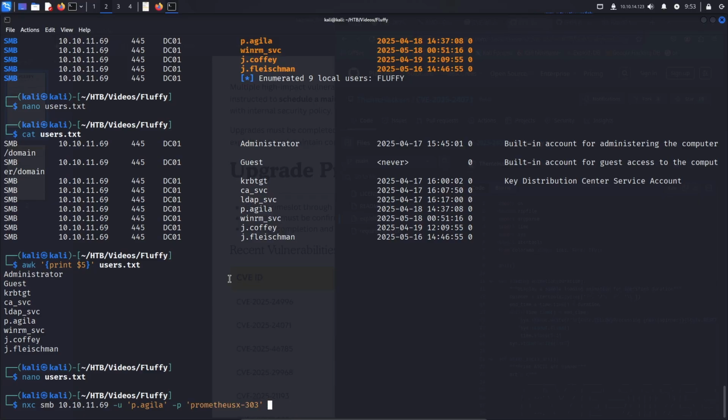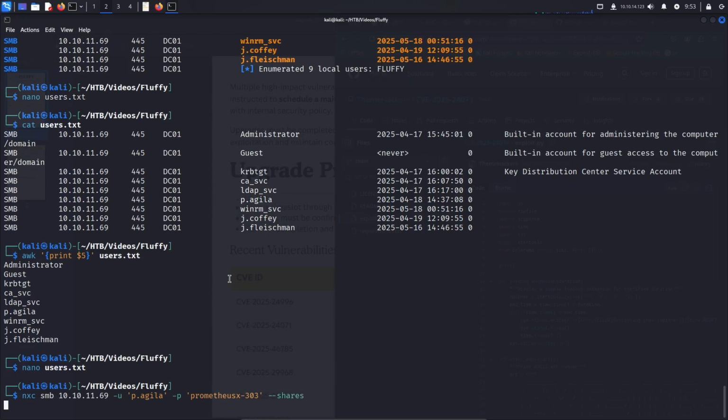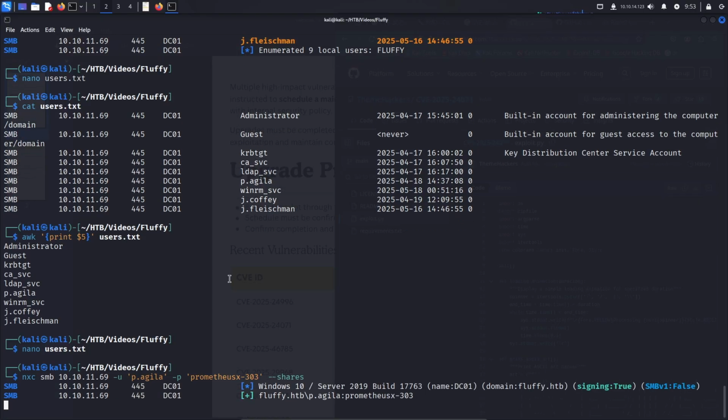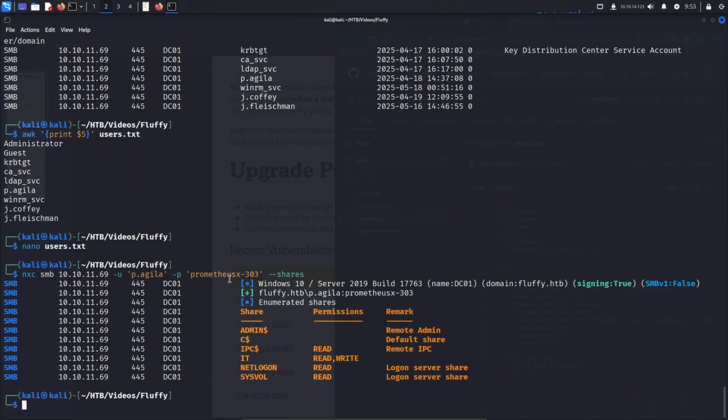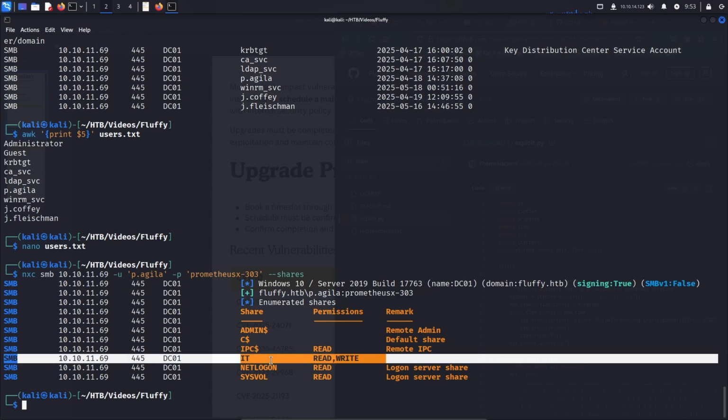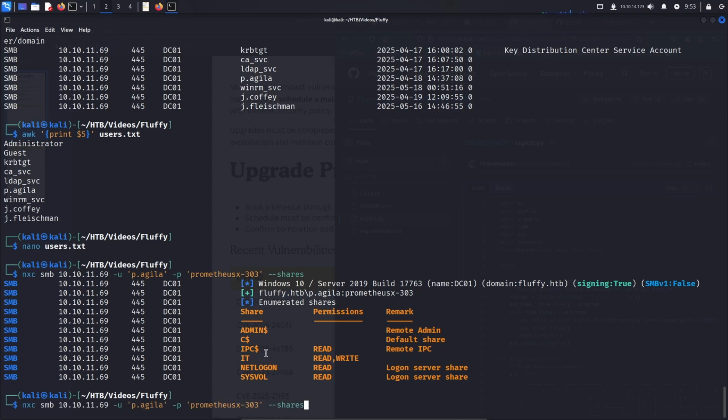And we can also see what shares p.agila has, if any additional ones. Certainly it's going to have read access to the IT share. Yeah, so it's the same permissions, so we don't need to abuse that again. What about, let's go to LDAP. So LDAP,